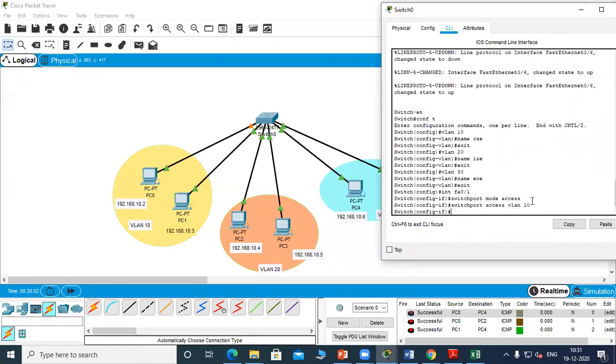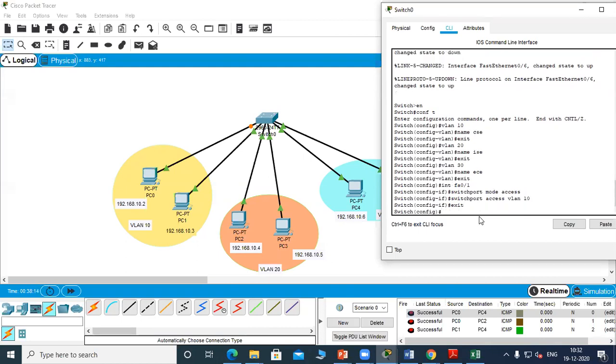So this mode will tell you whether you're in access mode or in trunk. So we are in the access mode. Now we will give which VLAN this interface belongs to. So we were in the interface 0/1. Now do the same thing for the other links also. You can see there's an orange color. So now it's going to update again because we have restricted the access. There are bridge protocol data units which will be sent, updating its information.